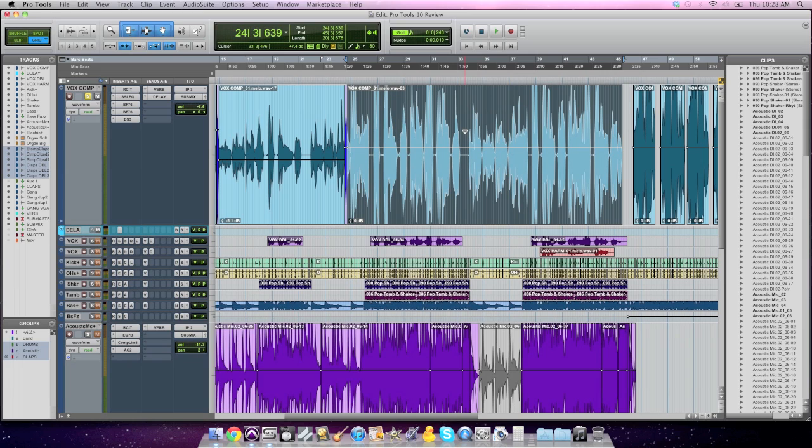Pro Tools 10, it's definitely showing that it's a stronger code. They're definitely fixing a lot of things, and it's got everything you love about Pro Tools that makes it just the top piece of software out there, only it's better than it was before, and hopefully that's good moving forward. So check it out on the demo whenever that does come out on the Avid site,